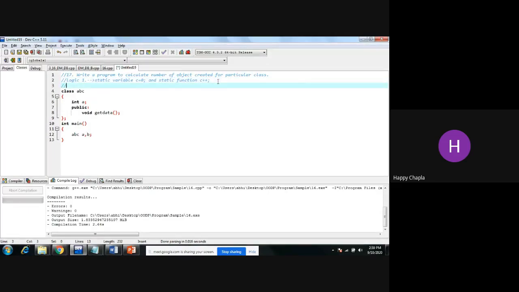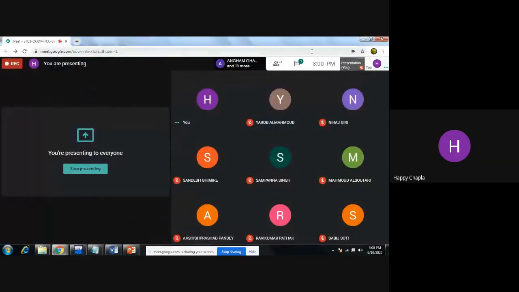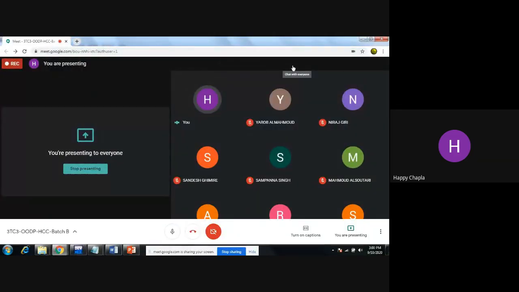So logic number two is you can use the constructor concept over here. Using the default constructor, we can create the object and at the same time I can initialize my object. So you have two logics, and using those two logics, you can implement the code. First try to implement; I will implement the same code over here.